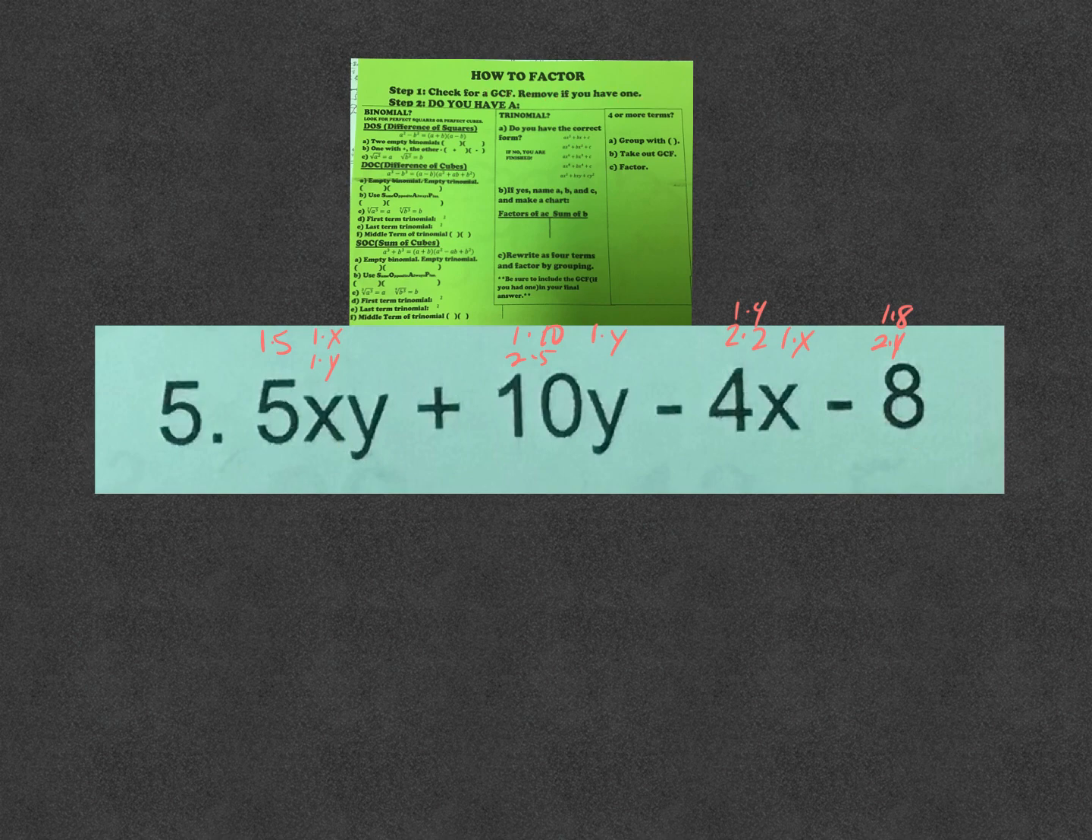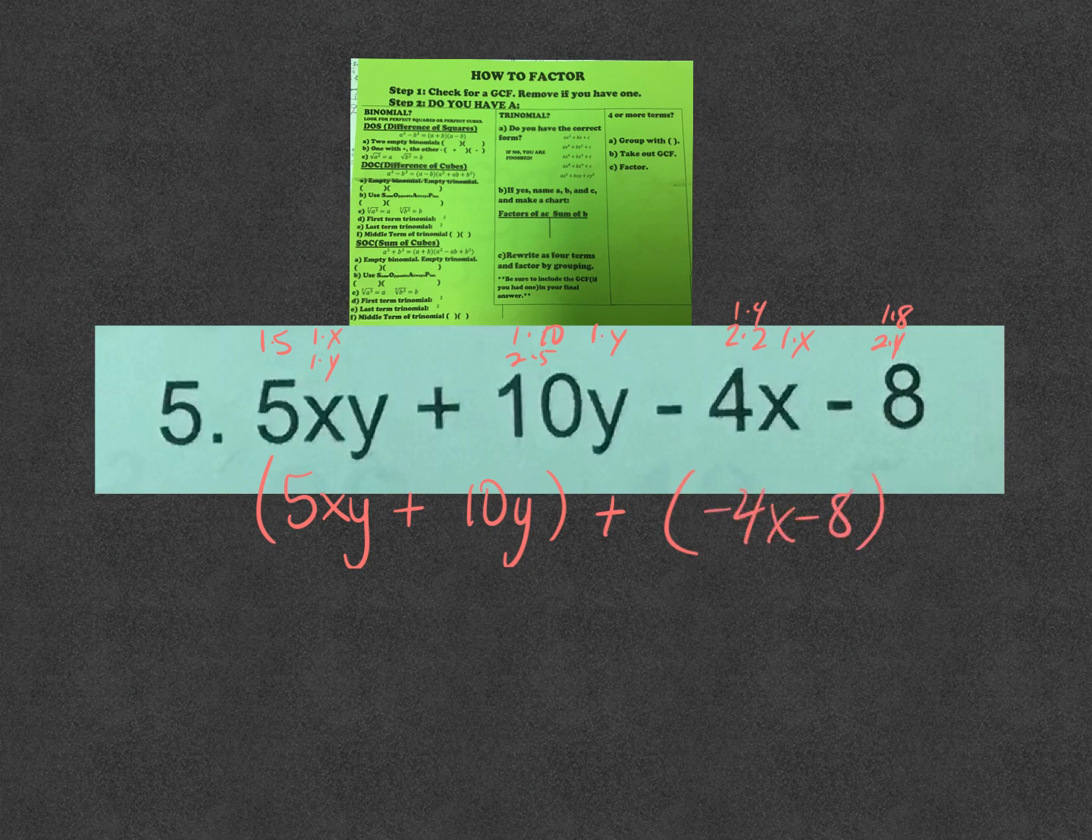Step 2, is this a binomial, a trinomial, or 4 or more terms? Well, there's 1, 2, 3 plus signs separating 1, 2, 3, 4 terms. So I have 4 or more terms. How do I factor 4 or more terms? By grouping. I group the first two together, put a plus sign, group the last two together,